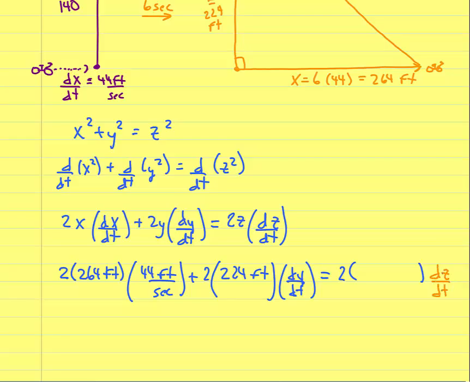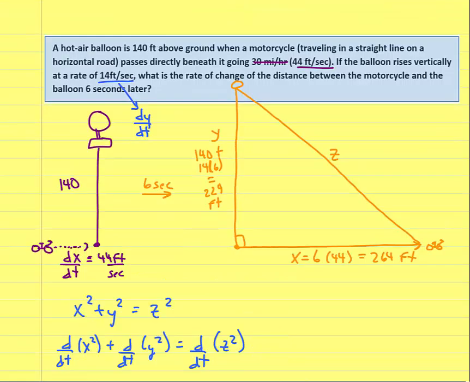Well, let's look at our picture here. If I know two legs of a triangle, I can find the third side, and it's especially easy if it's a right triangle. So this would be leg squared plus leg squared equals hypotenuse squared, or I could use this x squared plus y squared equals z squared. So this is 224 squared plus 264 squared equals z squared. So as I'm simplifying this, I get z squared equals